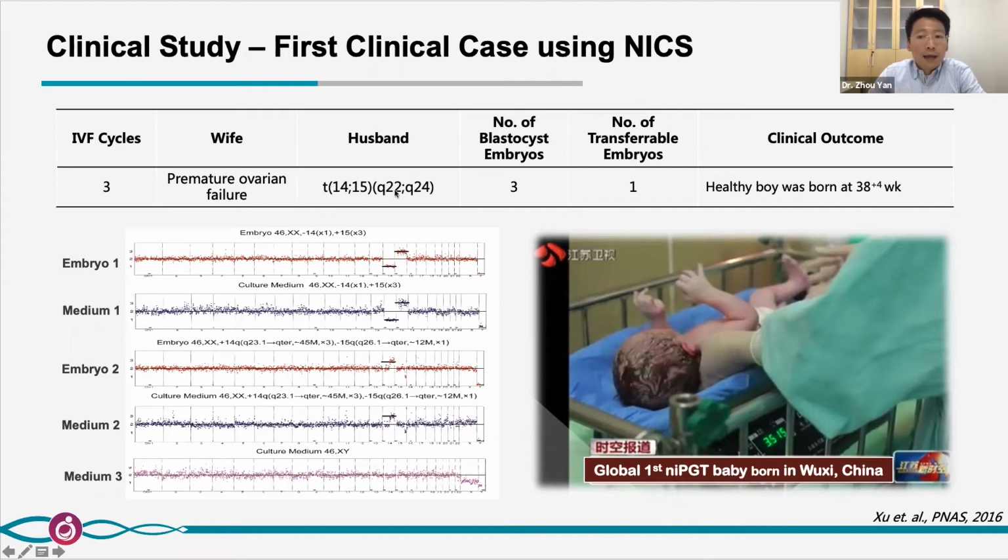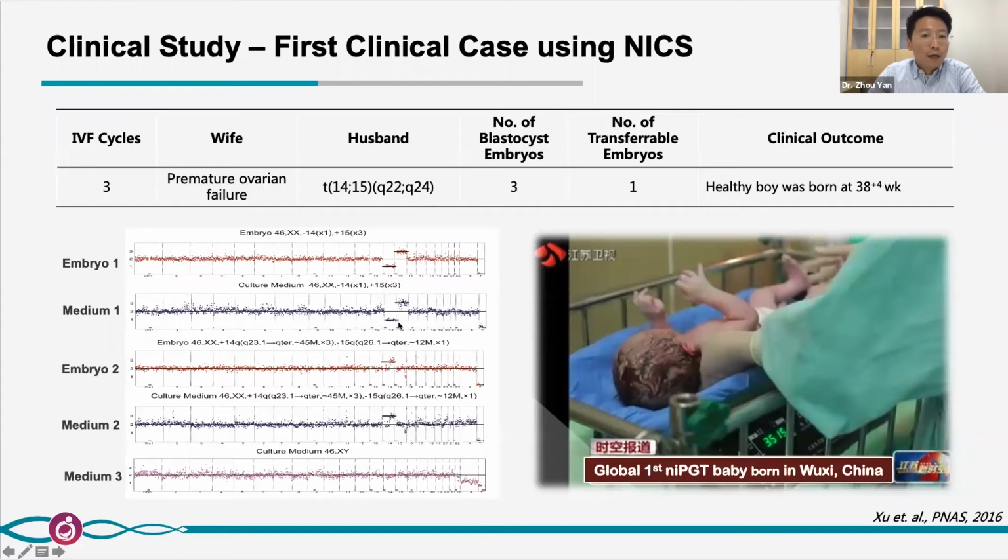As shown in the table, the father is a carrier of a translocation. On the left-hand side, we show the 3 embryos tested by NICSI in the first instance, and subsequently 2 positive embryos were harvested and further analyzed to compare with the NICSI result,